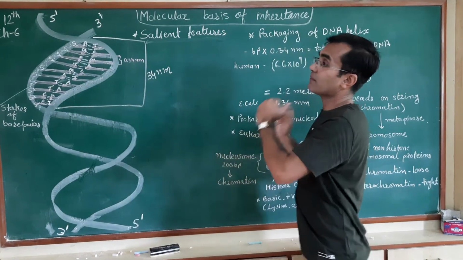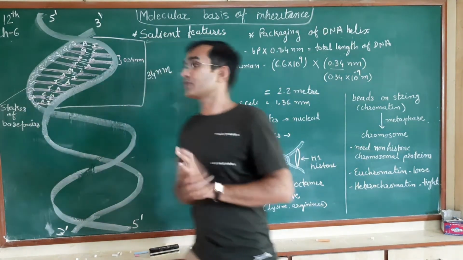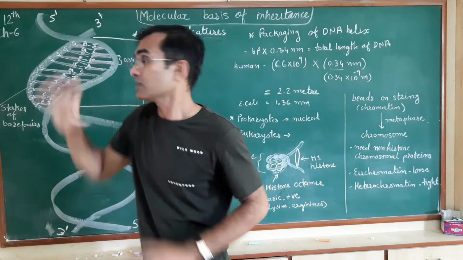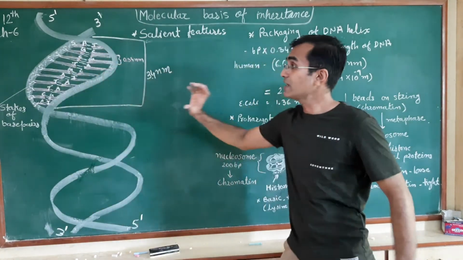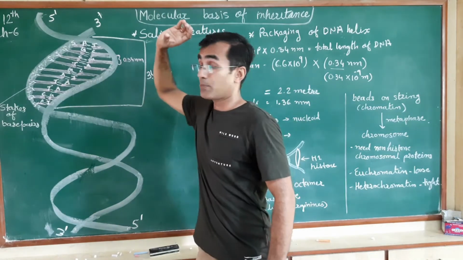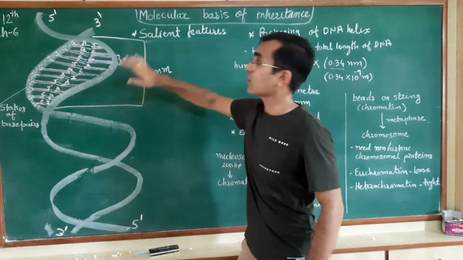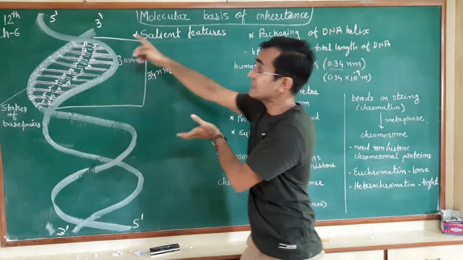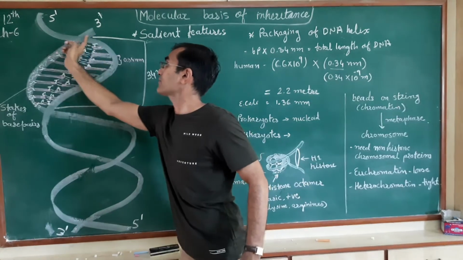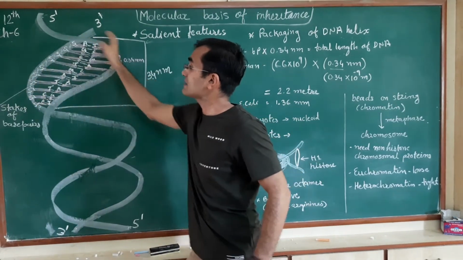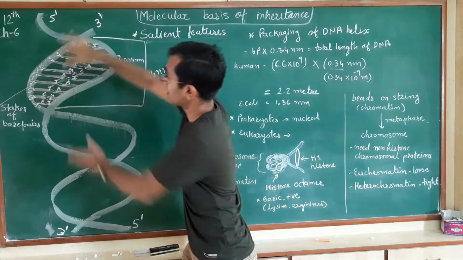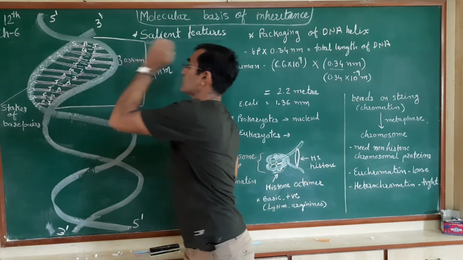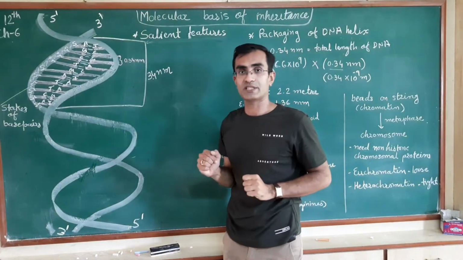Now if we talk about the twisting of the structure, this whole structure is coiled in a right-handed fashion. One whole twist is called the pitch. So over here, if you can see, this single strand has got twisted from here to here, and when two strands are there, they make the twisting and form this particular pitch. The length of this particular pitch is 3.4 nanometer.